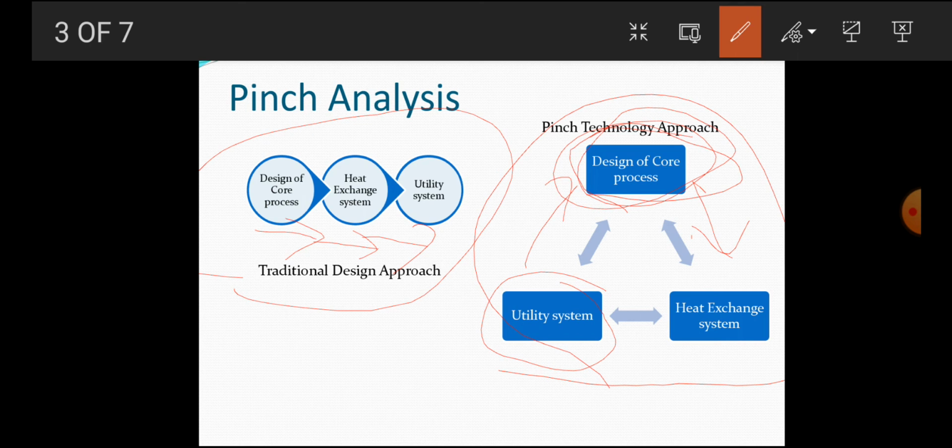Thus, the prime objective of pinch analysis is to achieve financial savings by better process heat integration. What does it mean? Better process heat integration: maximizing process to process heat recovery and reducing the external utility loads. Okay,